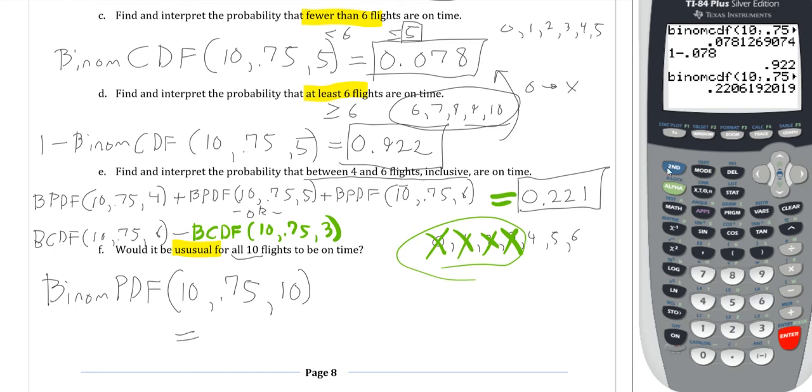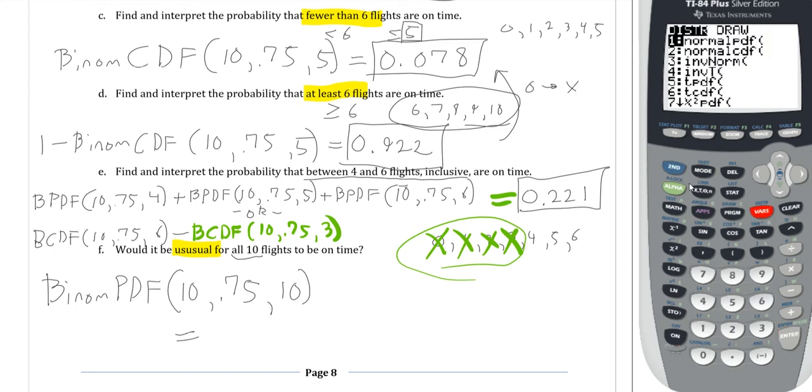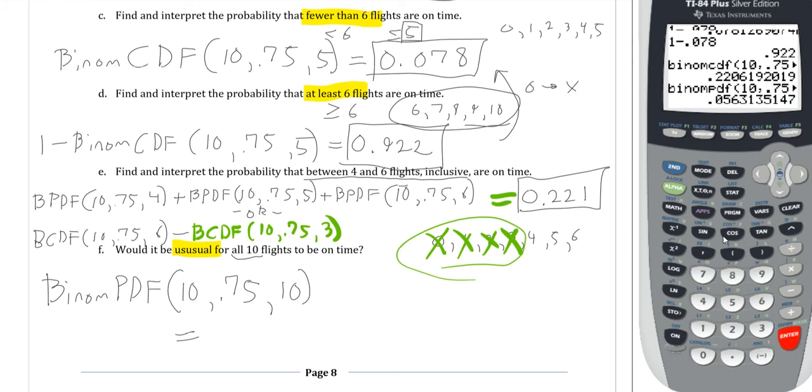If we solve for that, we have second vars. Binomial Pdf is on A. We have 10 trials, 0.75, and 10. Remember, if you don't have the wizard, it would be 10, comma 0.75, comma 10, like I wrote down there. And you get an answer of